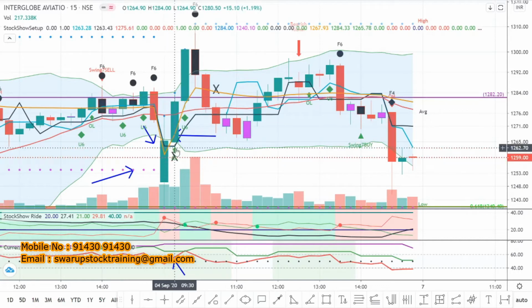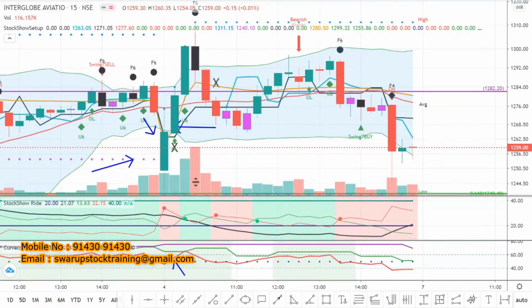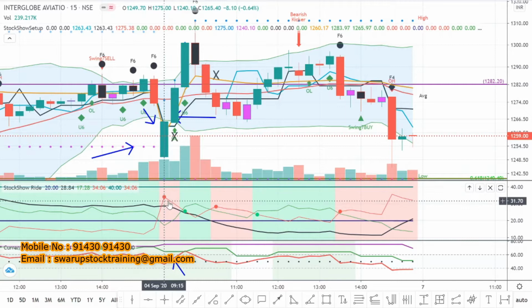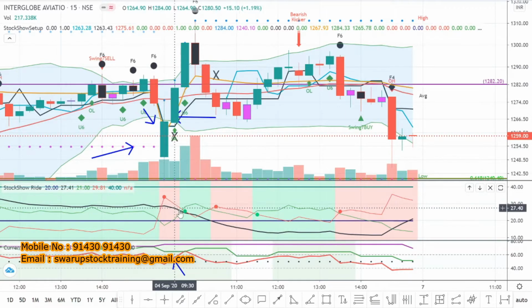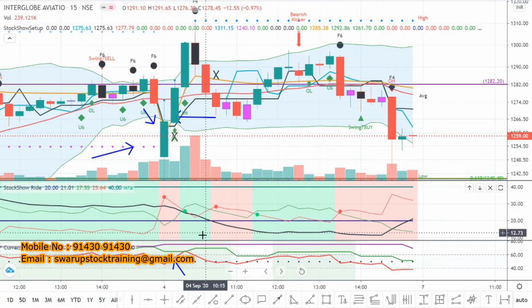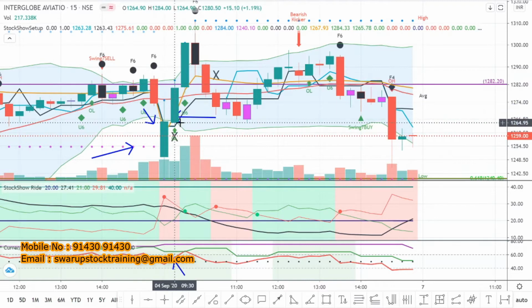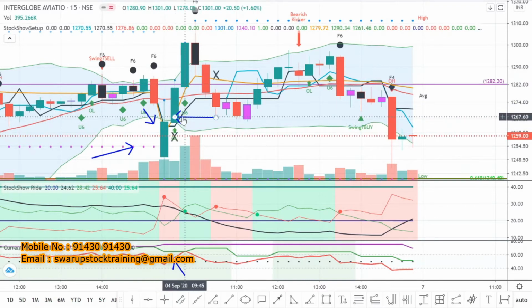at this point, with the help of the X candle, we had no doubt that it is our trade and it is going to be a bingo trade. And also we take the ride. Once you see it was in the red zone, I had not taken it. I was waiting for the red zone. The red line has come down, and then at this particular juncture, as per our rule, this has become a green zone, and in the green zone the green line was going up. So once the green line is going up and it was a buying volume, we entered the trade at 1267